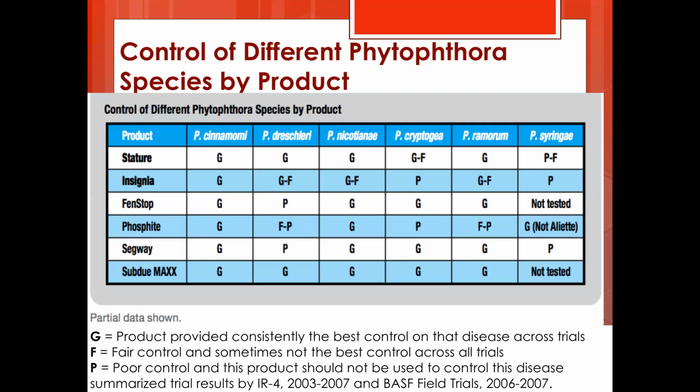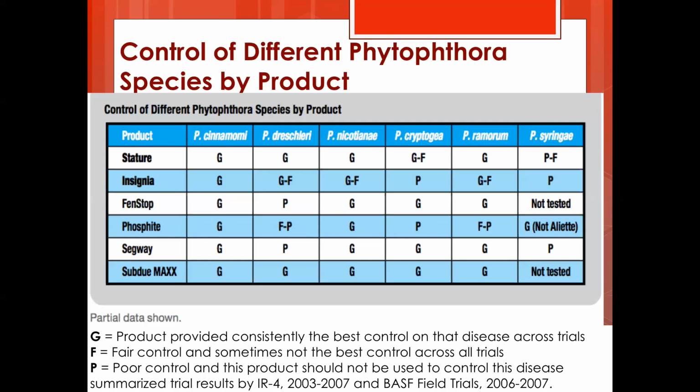Here you can see 3 very good hosts of Phytophthora ramorum, and these are Pyrus, Camellia, and Viburnum. And you can see how these different fungicides all performed differently depending on the host. Pyrus, I would consider the most susceptible. This would be similar if we were also looking at rhododendron. And you can see that most of the fungicides did not perform as well on Pyrus as they did on Camellia and Viburnum. So using something like Subdue Max to control sudden oak death might not be your best strategy,